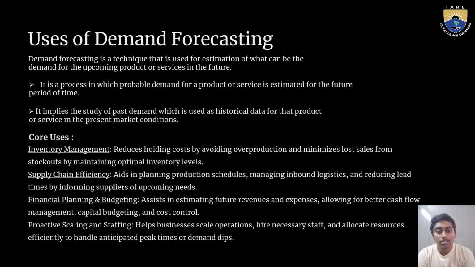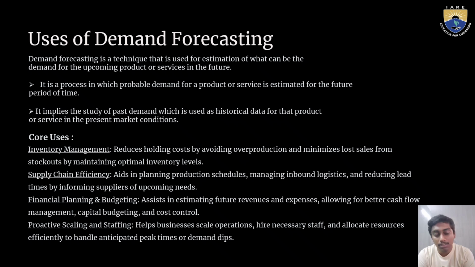Uses of demand forecasting. Demand forecasting is a technique that is used for estimation of what can be the demand for the upcoming product or services in the future. It is a process in which probable demand for a product or service is estimated for a future period of time. It implies the study of past demand, which is used as historical data for that product or service in